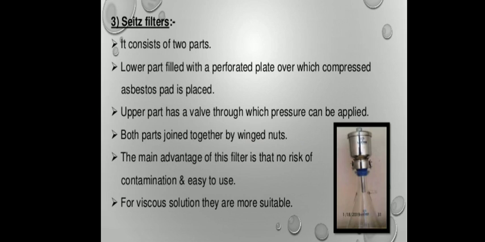मतलब नीचे के पार्ट में क्या होता है, एक परफोरेटेड प्लेट होती है और उस परफोरेटेड प्लेट के ऊपर अपर पार्ट सेट किया जाता है जिस पर एक वॉल होता है और उस वॉल से प्रेशर अप्लाई किया जाता है. Then these both the parts are joined together by using different types of hinged nuts or packaging material, and then our filter is passed through it, or the material is passed through it for the filtration